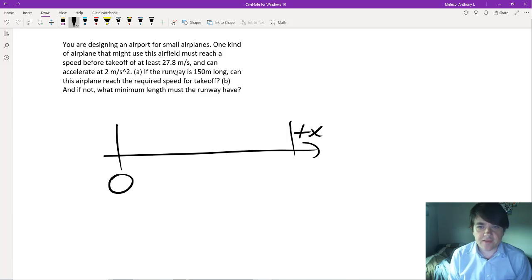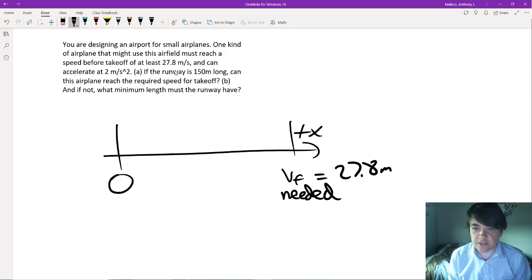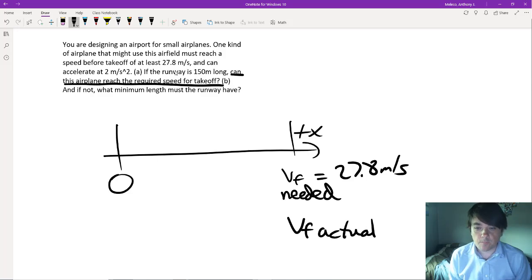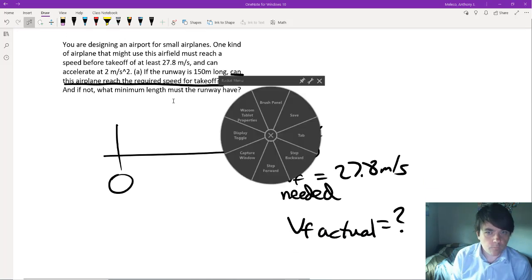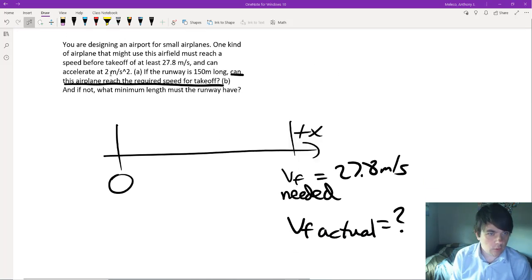We know by the end of this thing, it needs a V final. V final needed to take off needs to be 27.8 meters per second. But we ultimately, for part A, can this airplane reach it? So we don't actually know. So what else don't we know? Or do we know? We know